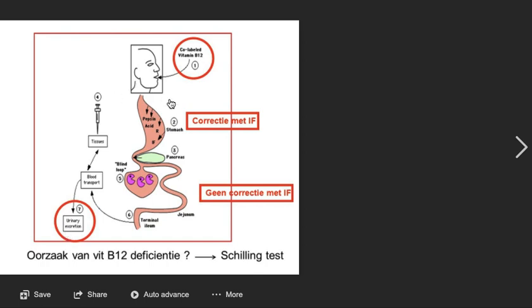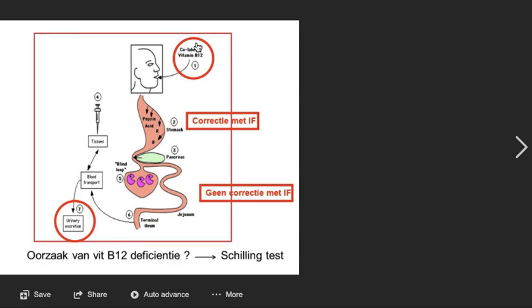But what will happen if there is malabsorption of vitamin B12? The vitamin B12 which is given orally cannot be absorbed into the blood, so it will be wasted in the feces and will not appear in the urine. So with vitamin B12 malabsorption, this amount will be reduced. If we do get the radio labeled vitamin B12 in the urine, everything is fine. But if we are not getting it,